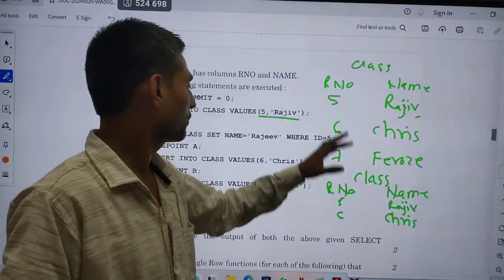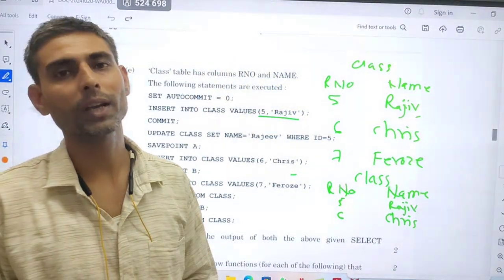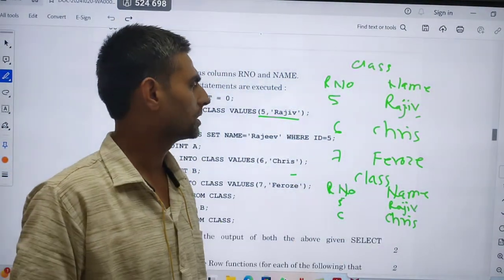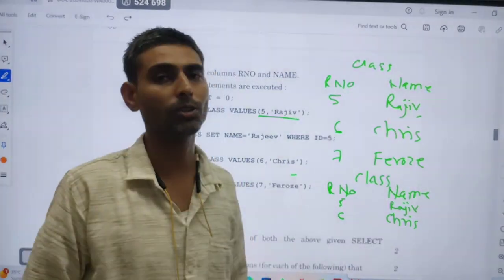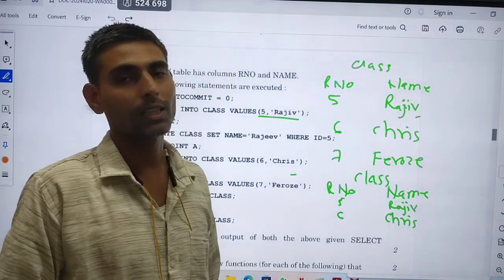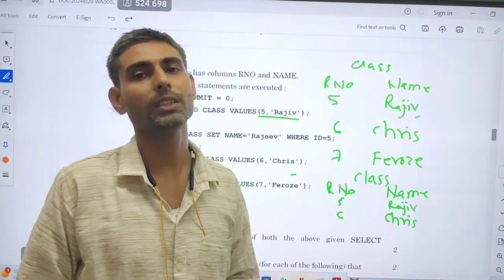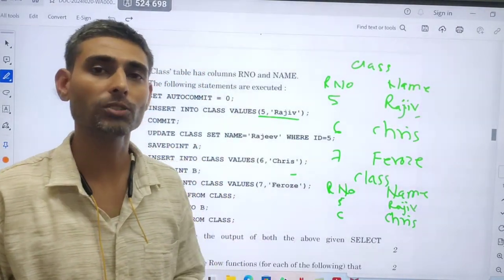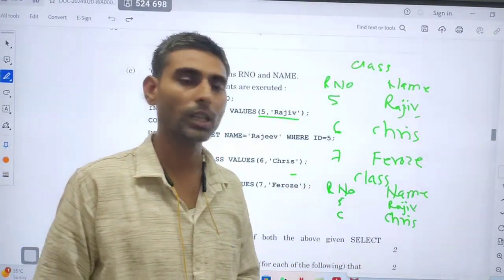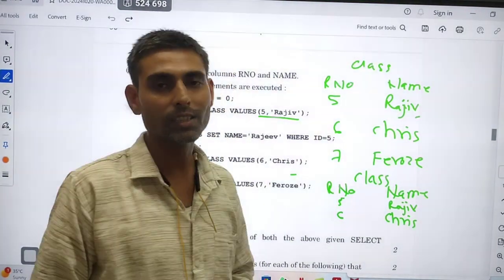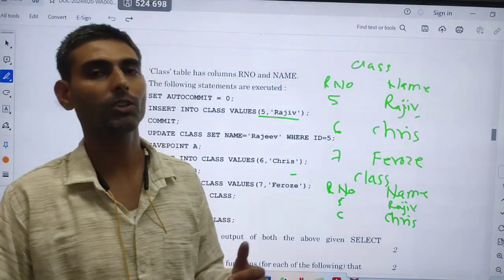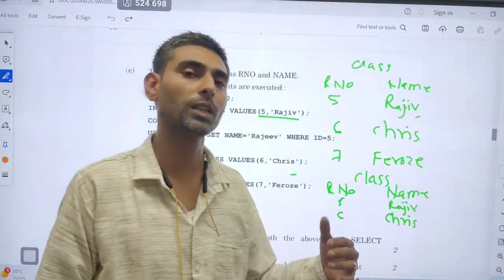So in this way we can use the concept of rollback and commit. This is a very simple statement. If you look at the video on rollback and commit, you will easily solve that question. Everything has been explained practically. If you go through the practical approach, it becomes much easier. You have sufficient time to prepare yourself, so try to prepare practically.